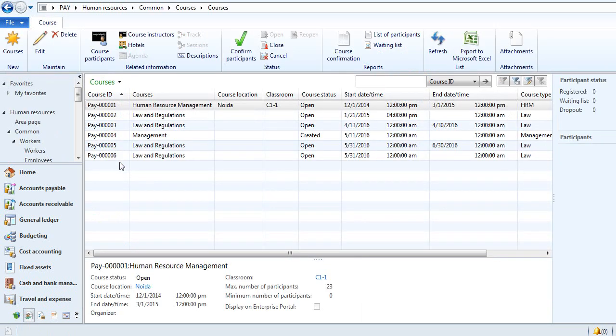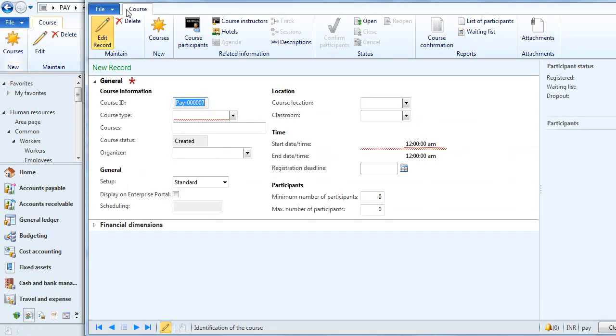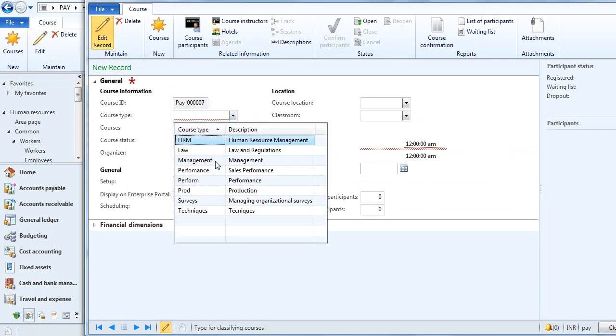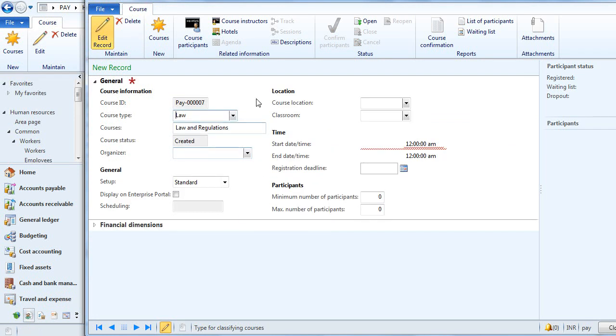In the courses form, we schedule the course. We select the course type. We enter the start date and time, and then we change the status to open. We can maintain the list of participants from here.